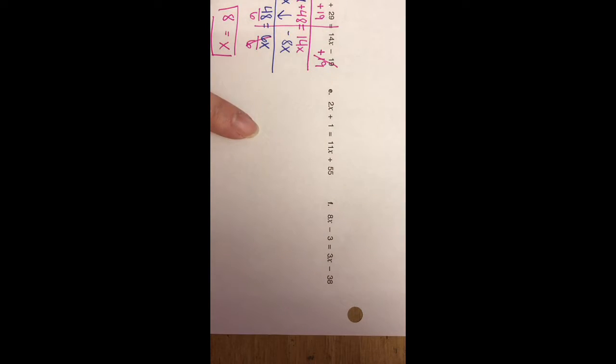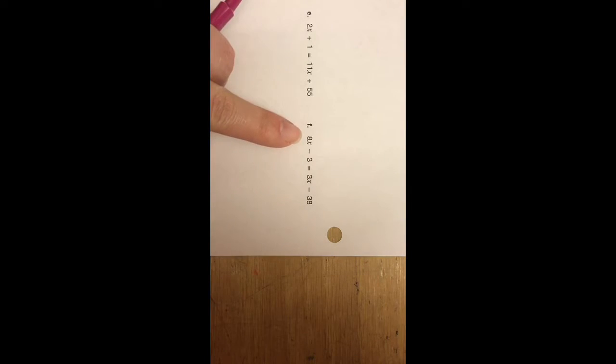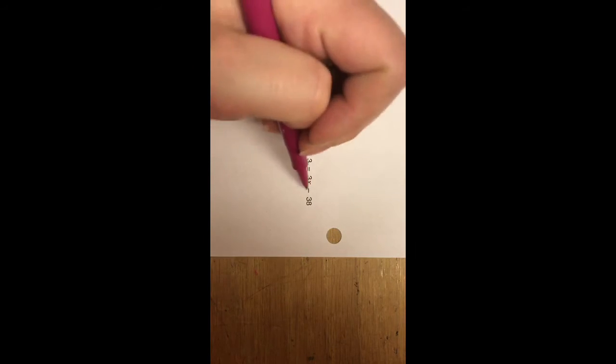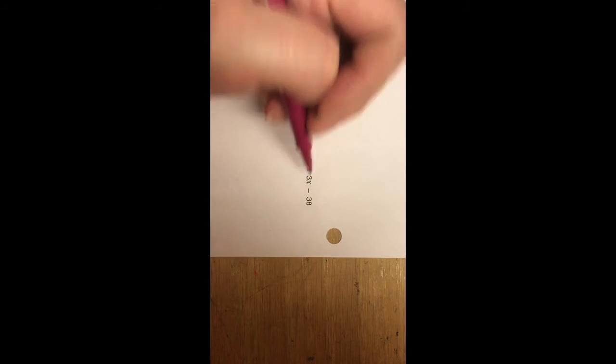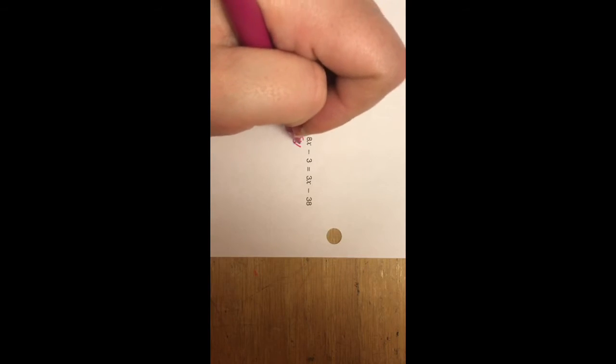I'm going to go ahead and do one more example for you over here. This time, let's make it a little more difficult. Actually, I think this might be a better example because it has some negatives for us. So right now, we get to move either the x's to one side or the integers to the other side. So let's start by going backwards, and we have to move the 8x over to the 3x. And 8 is bigger than 3, so that means we're going to end up having to move it and have a negative. So I'm going to subtract 8x from both sides,